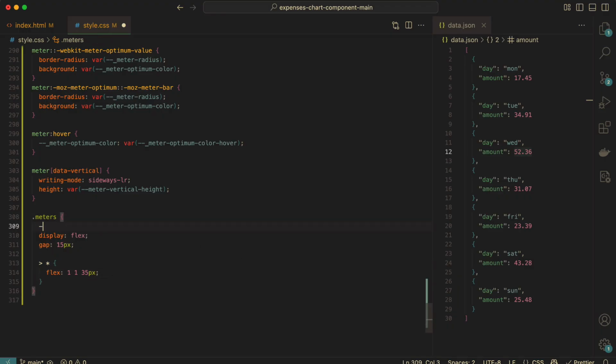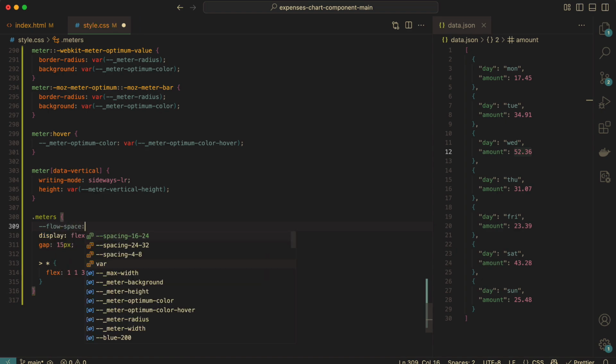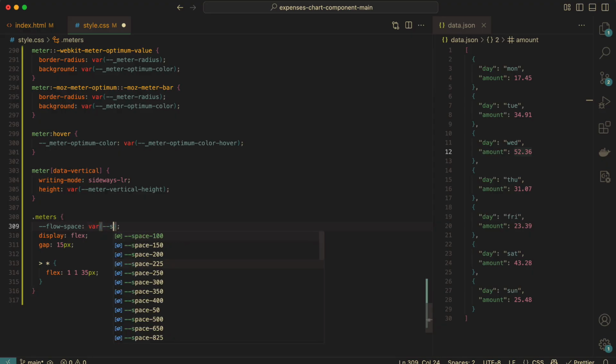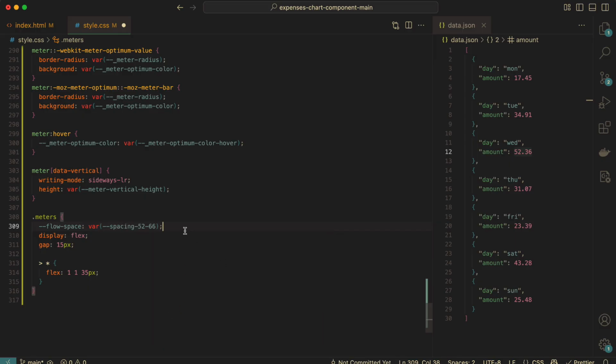In meter, we have been using that flow space, so I'm going to keep doing that, and it is var(--flow-space), and it is the big one, which is 52 pixels to 66 pixels. Again, I got that from the Figma file. Okay,